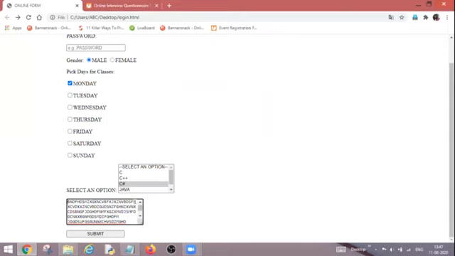Wherever the line changes, it will show the line break. Wherever spaces are taken, it will show the spaces. Whatever formatting is done over here, all the formatting will be sent to the processing form. So this is the difference between virtual and physical.